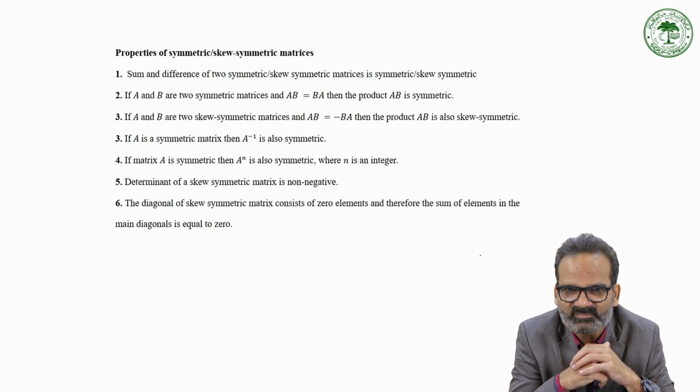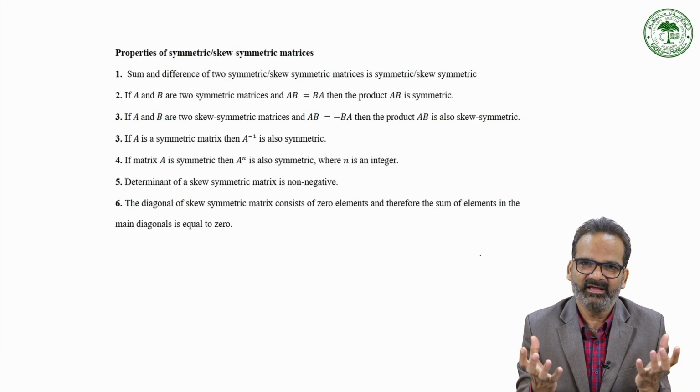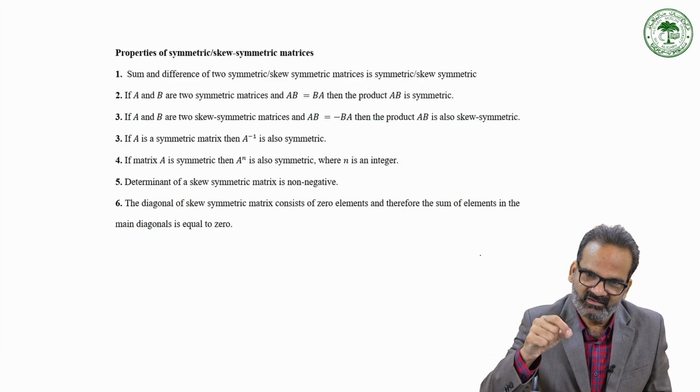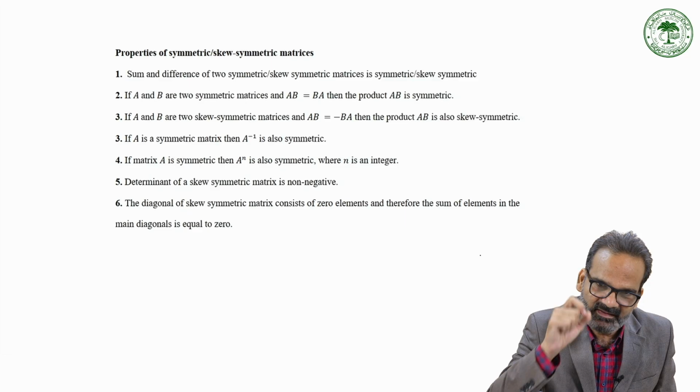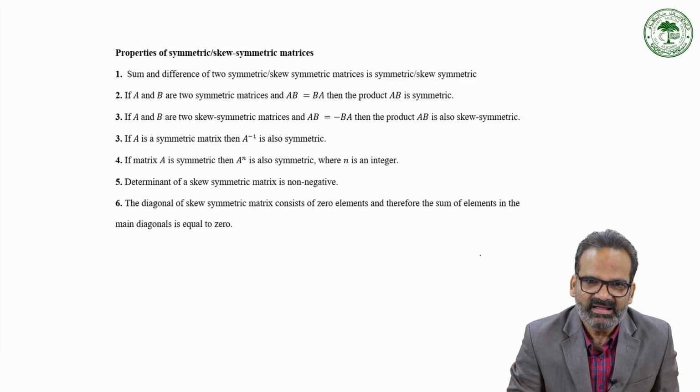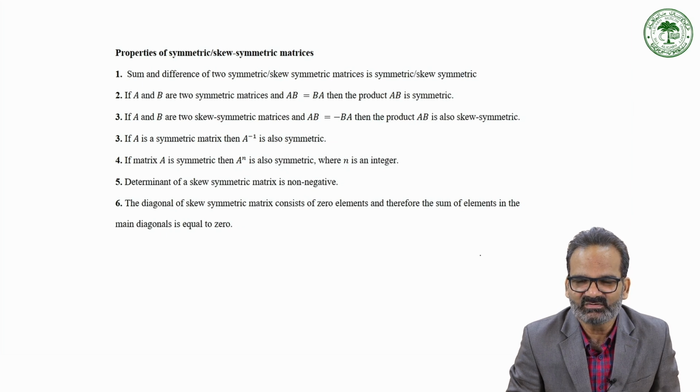This is the meaning of this property. It means if A and B are any two symmetric matrices, then their product AB will be symmetric if AB is equal to BA. Property 3 is what? If A and B are two skew symmetric matrices and AB is equal to minus BA, then the product AB